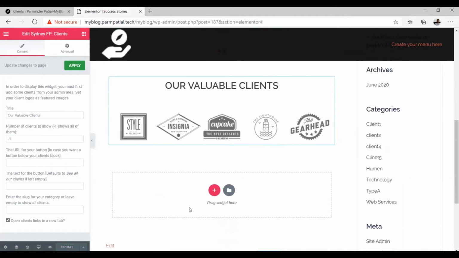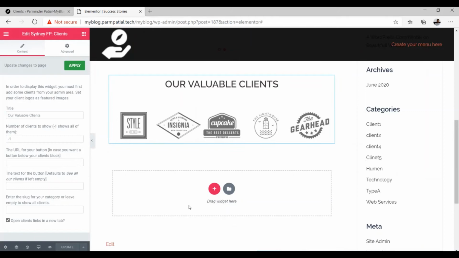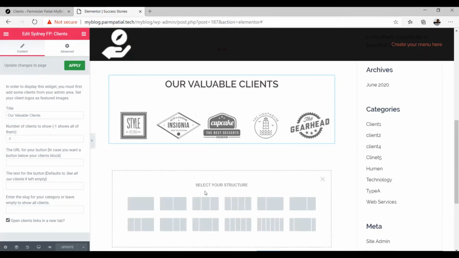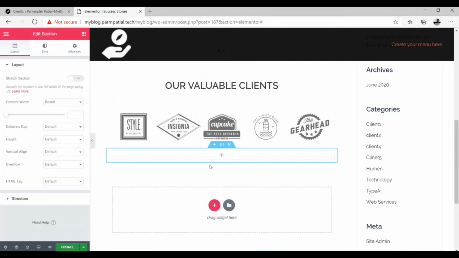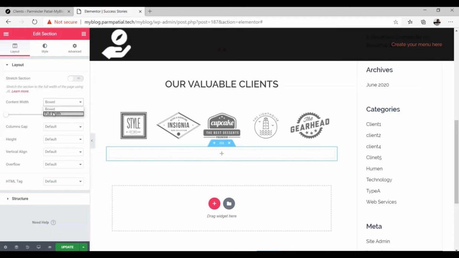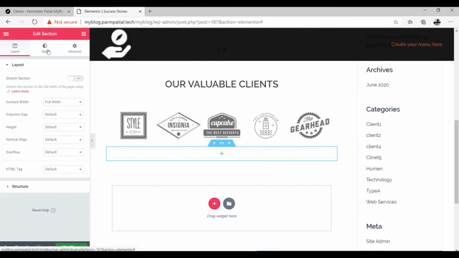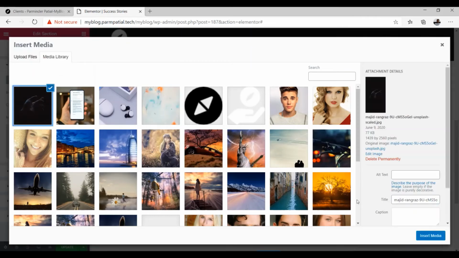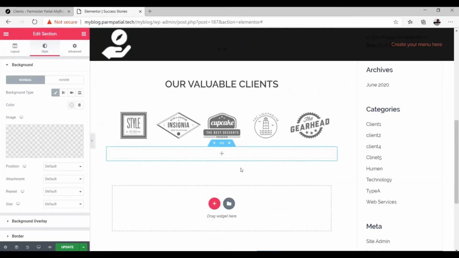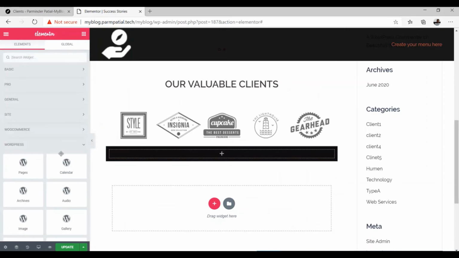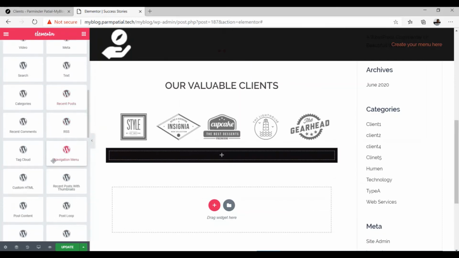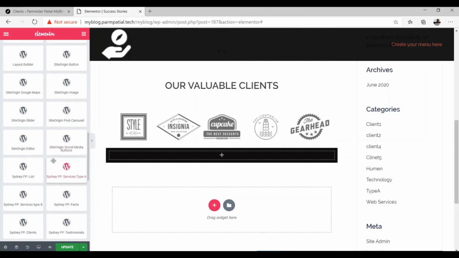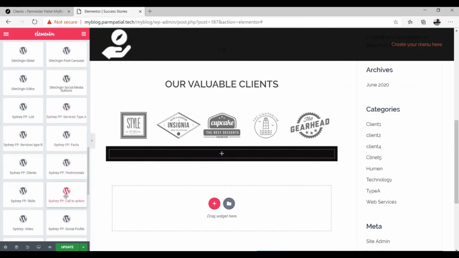Then after this I'm just going to add one more button over here, that is the call to action button. So for this I'm just taking one row, and in this section in the layout I will select full width, and in the style I'm just going to put a background, the same background as in the previous case. And here in this section I just wanted to add the call to action button. So simply scroll down to find here Sydney S3 call to action button, drag it from here and drop it here,